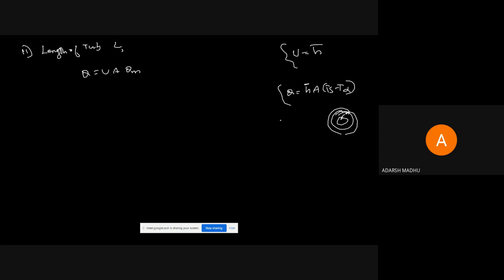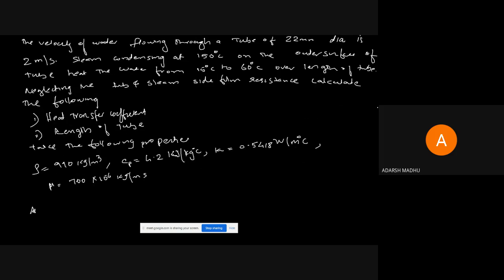You are taking U instead of H bar, as U equal to the total heat resistance: 1 by hA plus L by kA plus 1 by h output, etc. How many resistances are there? We are taking each particular resistance value here to find the U value. So in this question it is given that